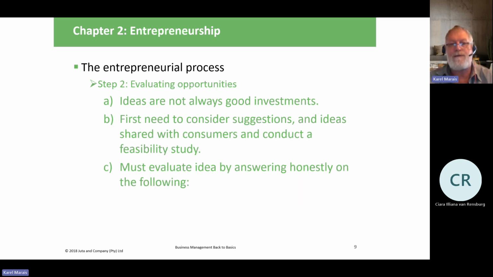So the second step is evaluate the opportunities. So sometimes you can have a really good idea, but an idea isn't an investment. You can't invest in an idea. So you need to think about what are consumers going to do about it? What are people going to think about it? So on our food truck